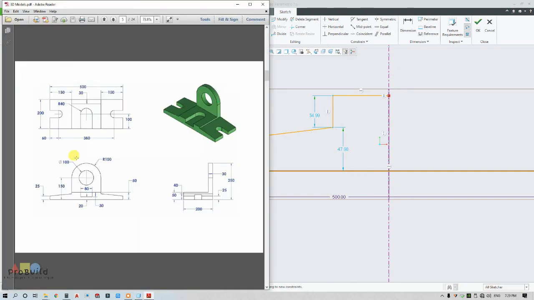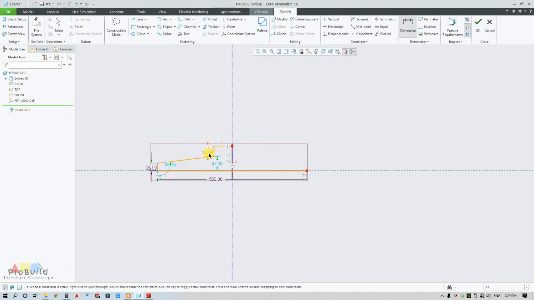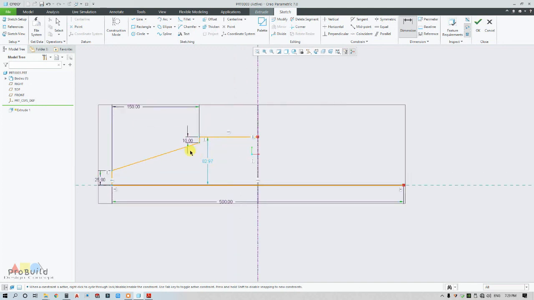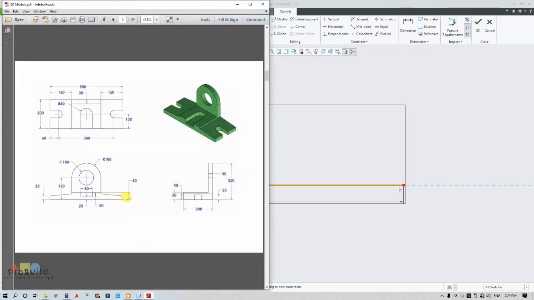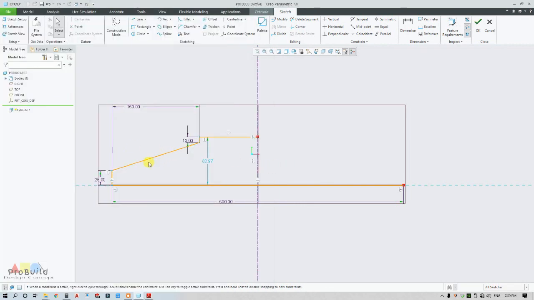and from here to here is 150 on either side. So I'm going to choose dimension, and from this to this is actually 150, and this height is 10, just because this overall height is 50, and from here it is 40. I mean, from this point to this base point is 40, so the difference between 50 and 40 is 10. So this is 10, and I shall mark this to this as 50.